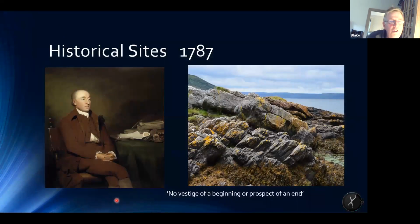But of course it doesn't quite finish there, because this famous gentleman, who you may recognise, is James Hutton, and in 1787, at the age of about 60, he actually came to Arran to prove that granite was igneous. Believe it or not, in those days so many people believed that all of the rocks we talked about this evening, sea turfs, granites, basalts, etc., all formed out of the universal ocean, and they were all really sediments. And he came to Arran to prove that granite was igneous, because he'd heard that some geologists in the